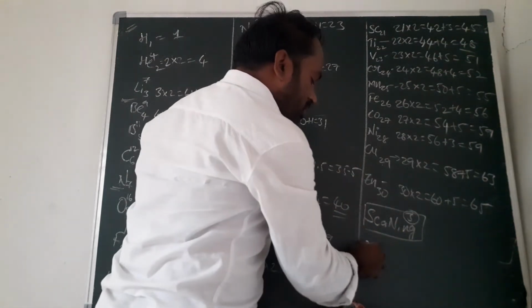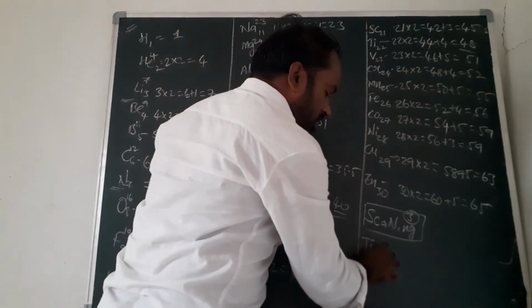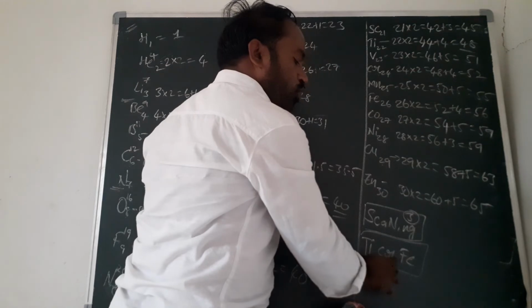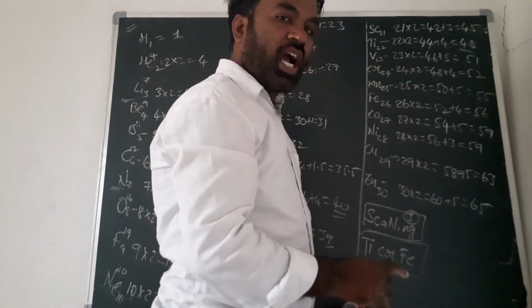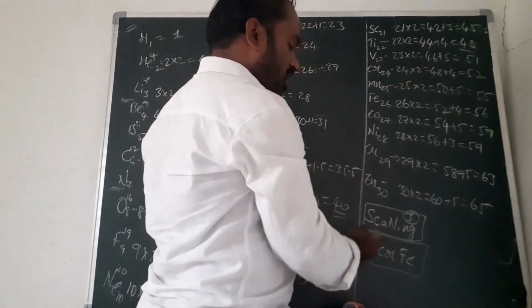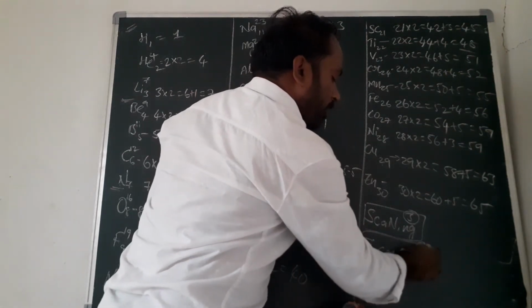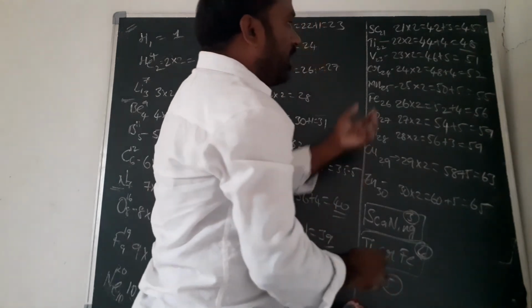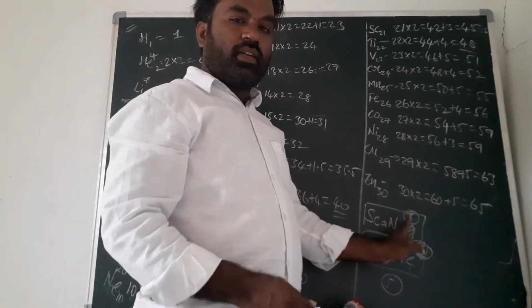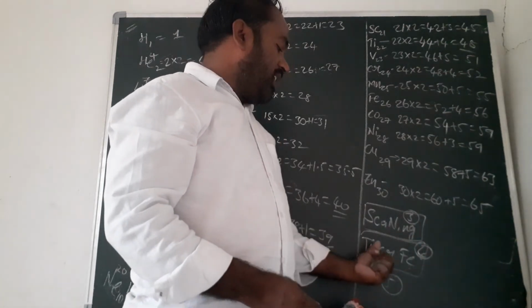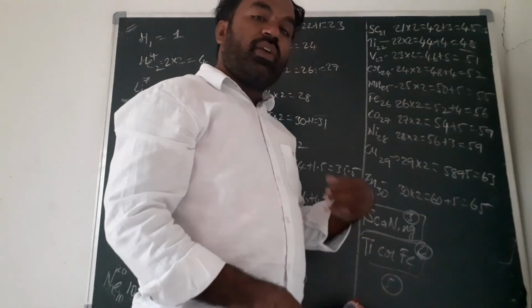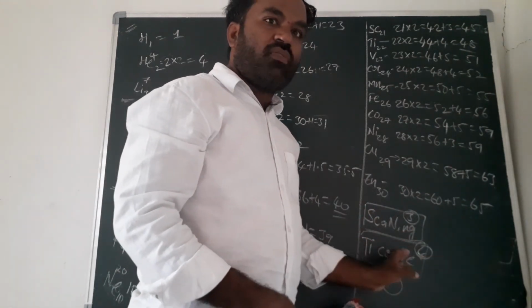Next, second one is T-Crophy. Here we have 3 elements: titanium, chromium, ferrous. Remember T-Crophy. Coffee is represented with CR. T-Crophy, its value is 4. Remaining elements is 5. For scandium and nickel, add 3. For titanium, chromium, ferrous, multiply the atomic number with 2 and add 4. And remaining elements, multiply with the 2 and add 5.